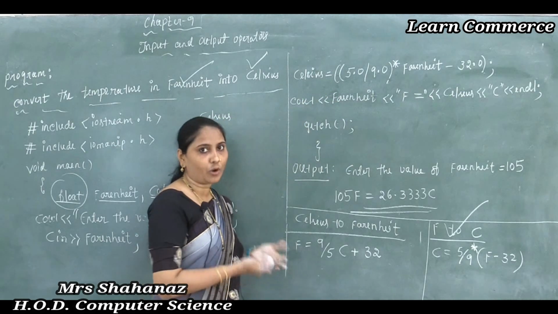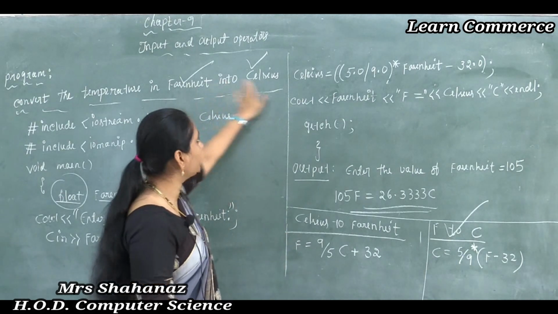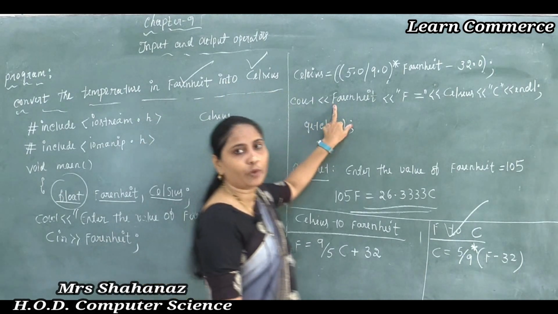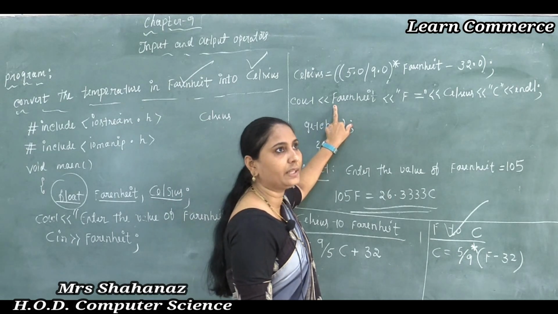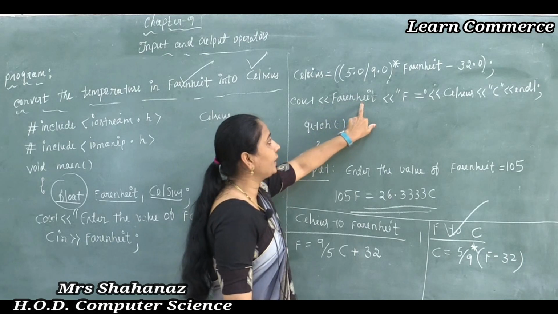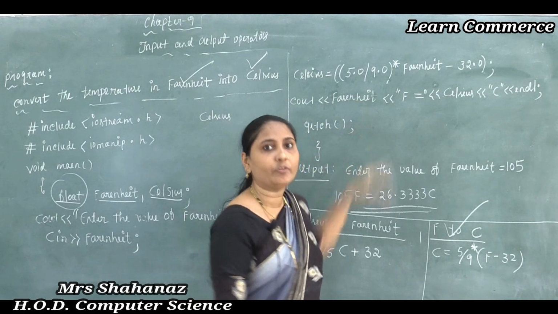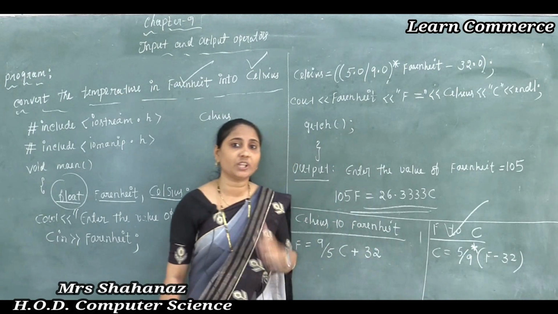After the completion of the formula of the Celsius, that means Fahrenheit into Celsius, now I just want to display the message. As we know, for displaying a message we use the cout operator and later Fahrenheit, that means such one I want to display in message, as we know, without double quotation or with double quotation